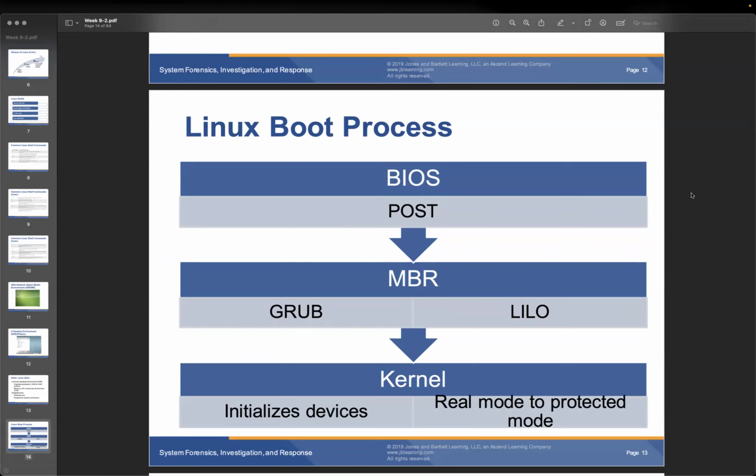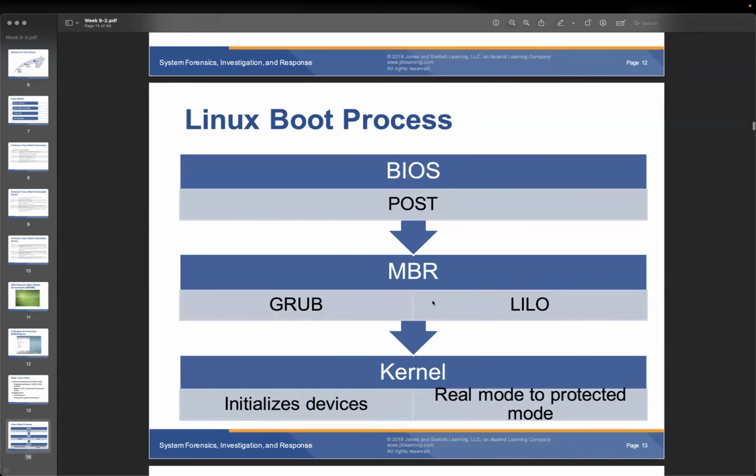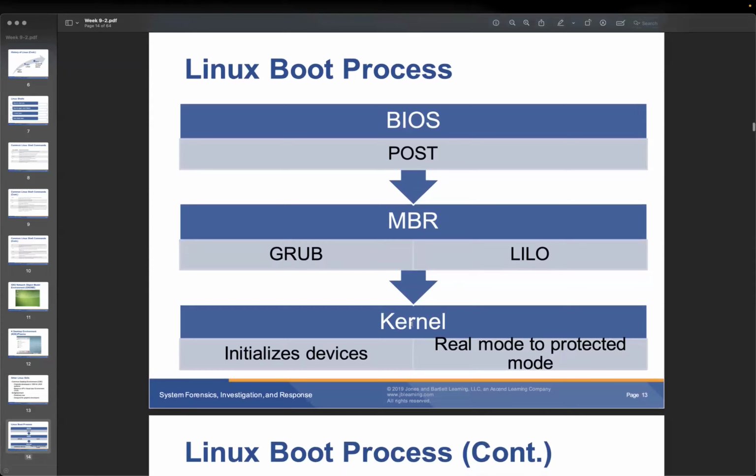We have all the configs in the BIOS, and then we pass to the MBR. The MBR contains the loader for the main image of the OS, and then we pass it to GRUB, and then down to the